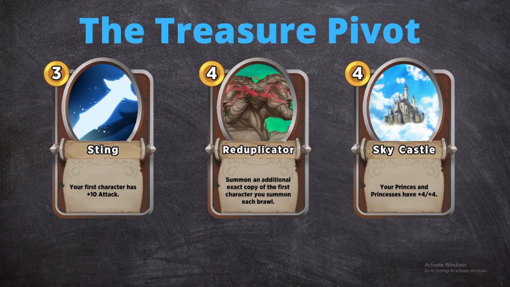The other two, Reduplicator and Sting, are really good treasures that synergize well with Prince and Princesses. Sting is just great all around. You're always happy to see a Sting in the treasures, giving +10 attack to that first slot where you can put a Venturer, a Brave Princess, a Polly, anything like